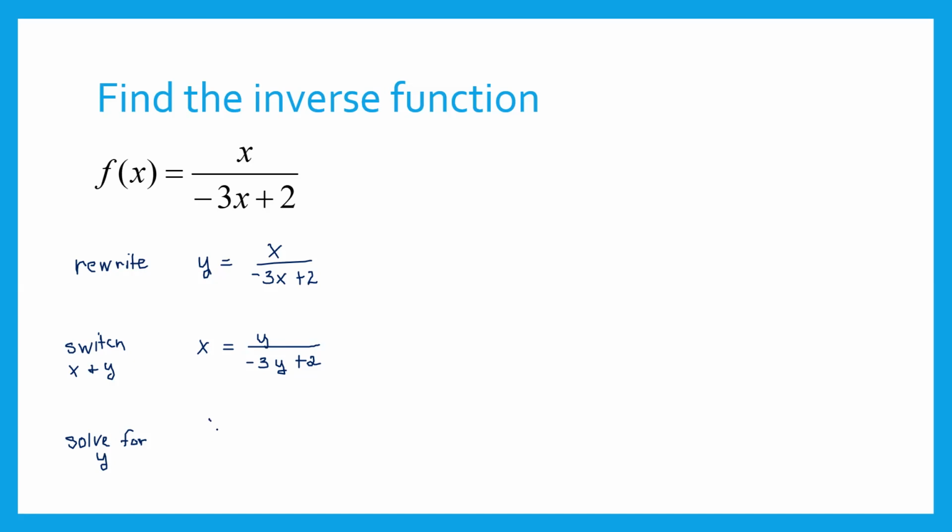So I'm literally going to put x over 1 just to make that a fraction. And over here I have y over negative 3y plus 2. And putting that into a fraction format on the left-hand side allows me to have this set up for a cross product. So I'm going to use my cross multiply,